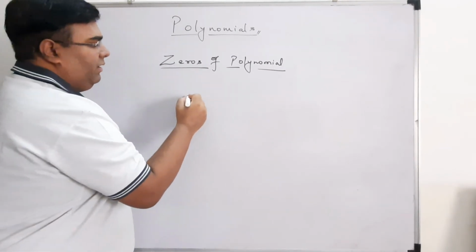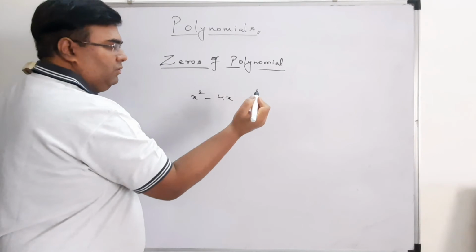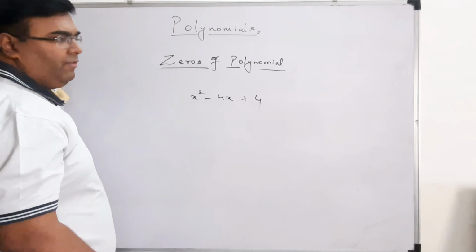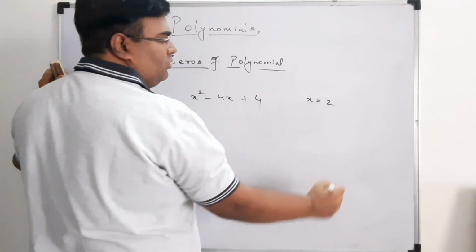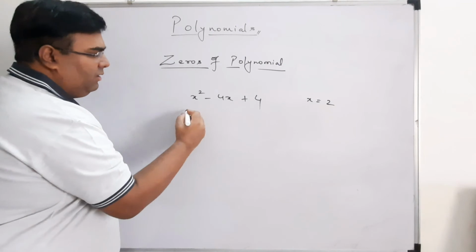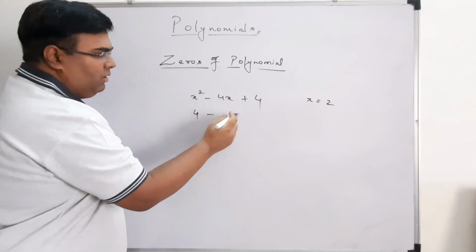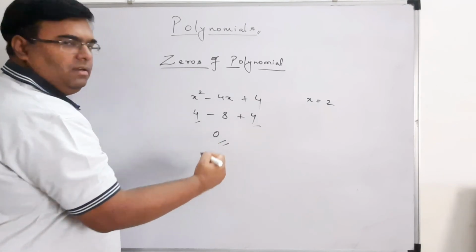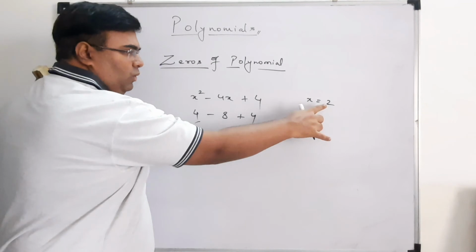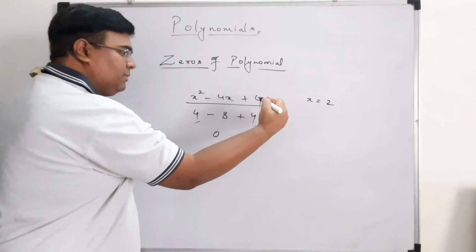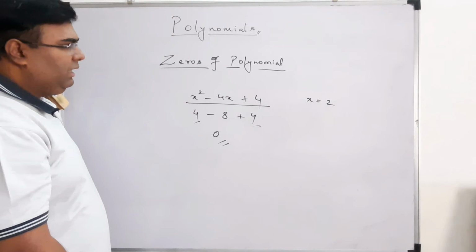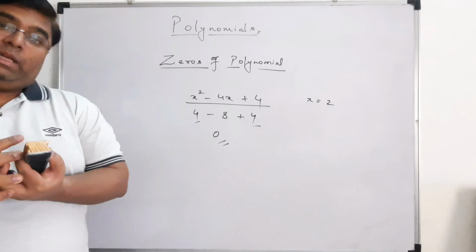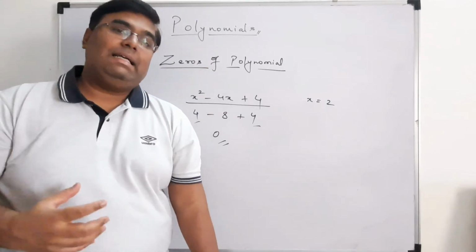Let us say we have, correct, and if we put x is equal to 2, so we will have 2 square 4, 4 2s are 8 plus 4, 4 plus 4, 8 minus 8, 0. So we can call 2 as the zeros of this polynomial. Understand the zeros meaning? So zeros means what? The value of a variable which will get you the value of polynomial as zeros.